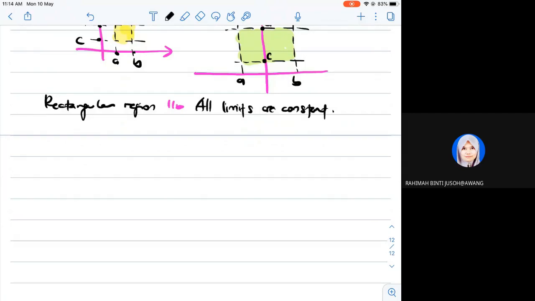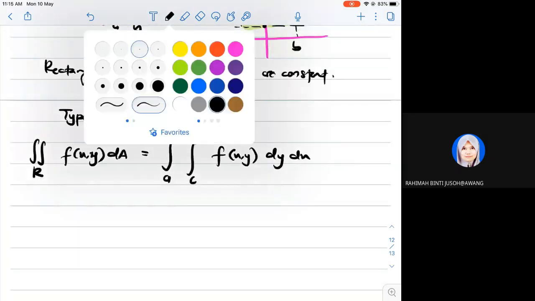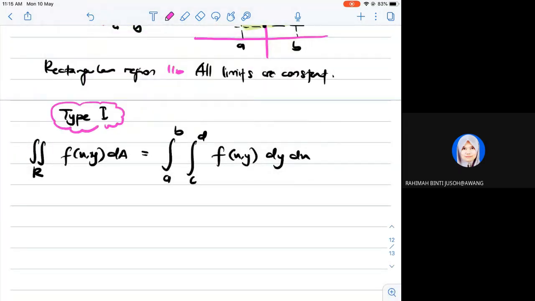Okay. Basically untuk type 1 we will have double integration towards region R of fxy dA. Untuk type 1 dia bersamaan dengan fxy dy dulu baru dx. So limit untuk y adalah constant c sampai d, and then limit untuk x adalah from a to b. Okay, that is for type 1. Untuk type 2,